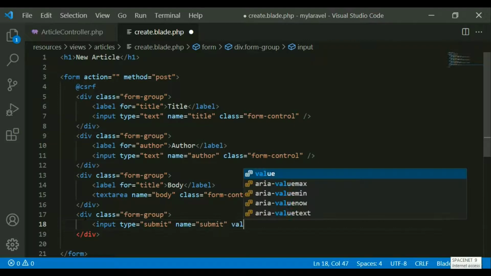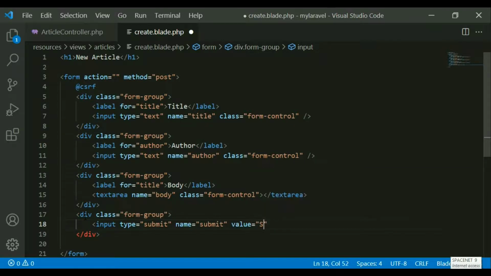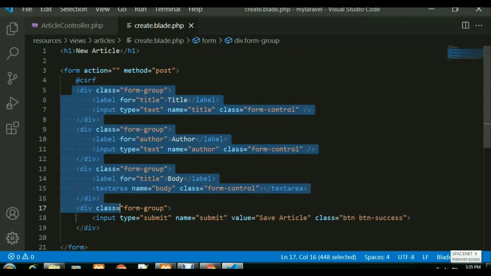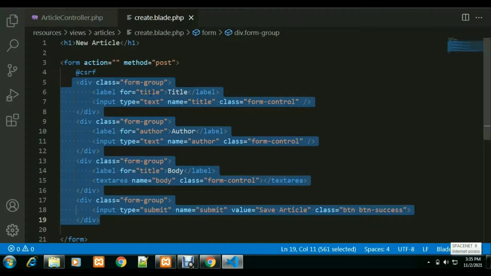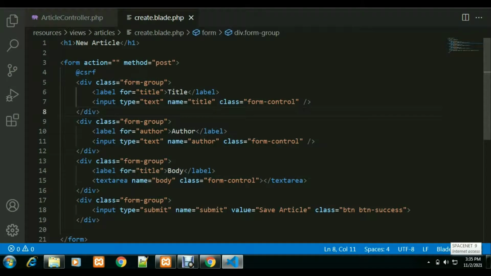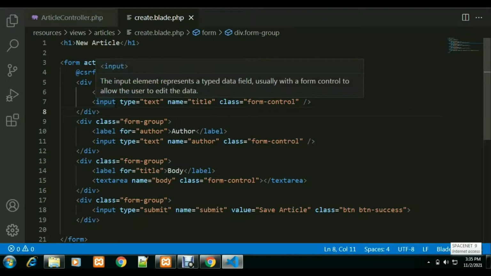Okay, the value is, just type article. Now for the class of the button, btn btn-success. That's it. This is the form I have just now created. So this is a very simple form. I am just using the bootstrap classes. You may use it or not, depending upon your design.